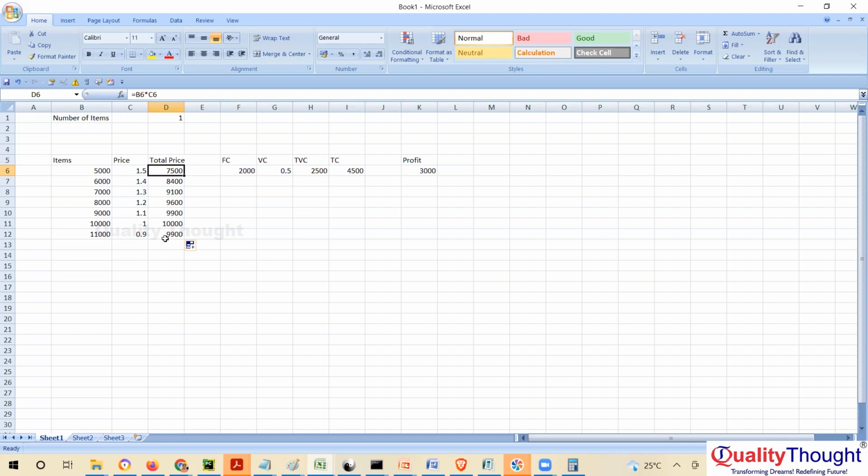Okay, it is increasing, right? Now you see the total price: 7,000, 8,400, 9,000, 9,600, 9,900, 10,000, then it starts decreasing, right? You know why? Because initially the quantity is giving you more profit than the price decrease. Initially the price decrease is less and quantity is more, so it is offsetting. But as you keep on going,